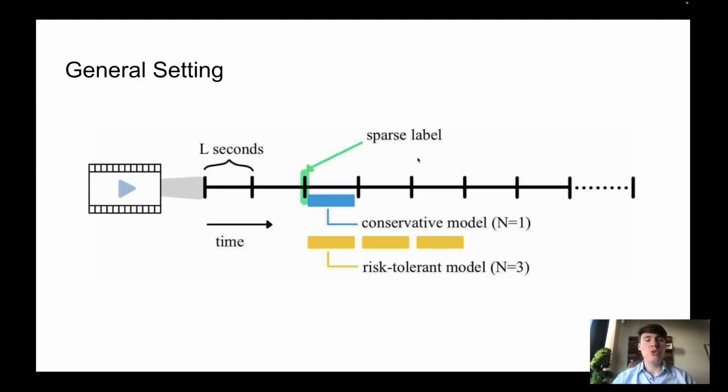The general setting is that you have a sequence of data, for example, a little video clip that has sparse labels. So, for example, if you do event detection, you would just have the beginning of the event, but you won't have access to the end time. So what you can do in that case is that you could sample as positive a little subclip that just follows your sparse start label and have a conservative model using only that as positive for training. Or you could sample more samples further away from that sparse label as positives and use that with a risk-tolerant